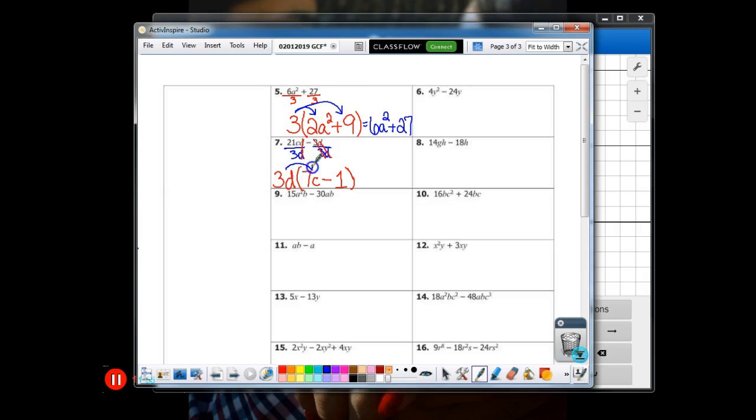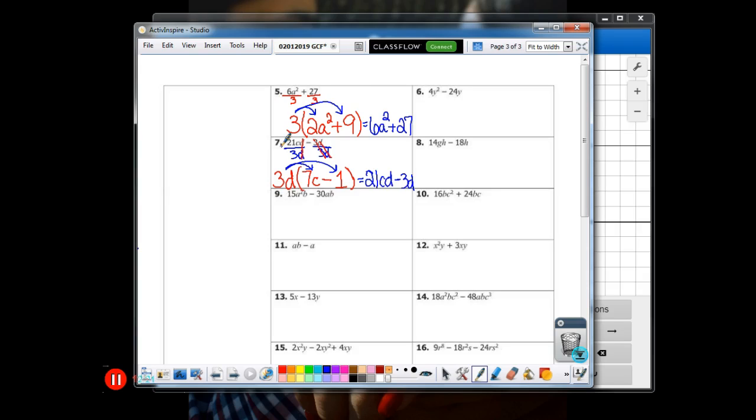So if I distribute this, 3D times 7C, 3 times 7 is 21, and D times C is CD, and then 3D times negative 1 is negative 3D. That's exactly what I have up here. Okay,